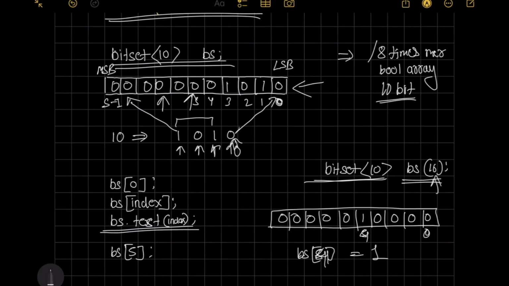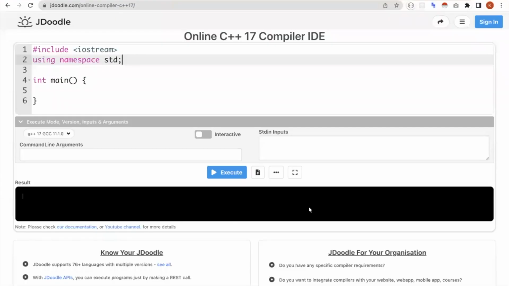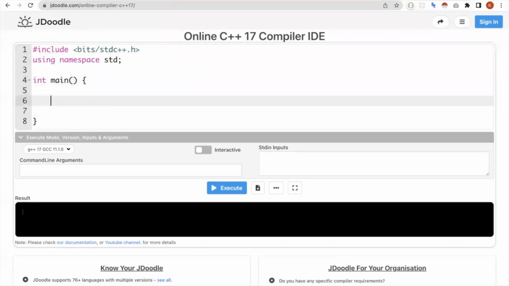Now there are many functions and many advantages of bitset. Let's try to code it. So we'll take the standard library, bits/stdc++.h. Let's take an example: a bitset of size, let's say, 20. Yes, as I said, if I give some value here, let's say 17,